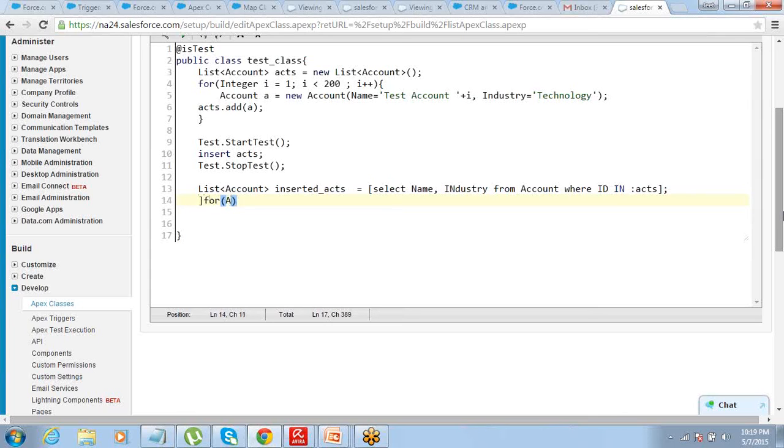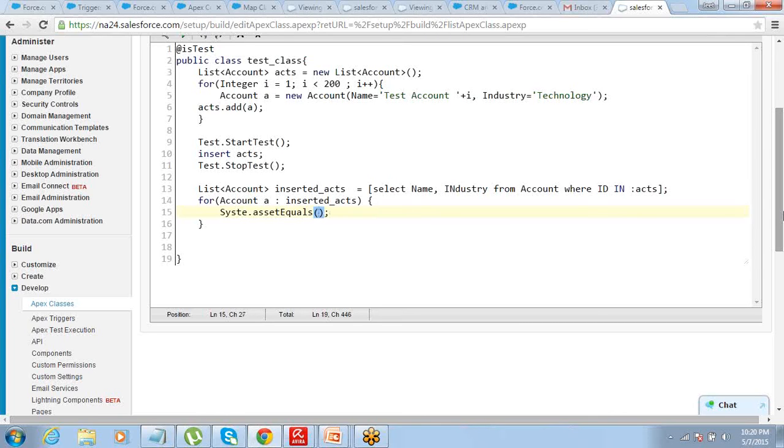Now you can write for Account a within insertedAccounts. I can just do a System.assert and check whether the value of the description got updated correctly or not. So I say System.assertEquals. System.assertEquals is a method which is used for checking the value of a field, right?